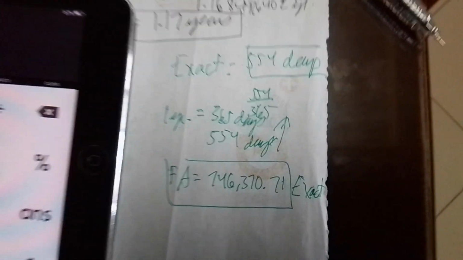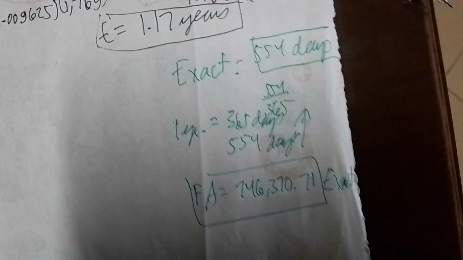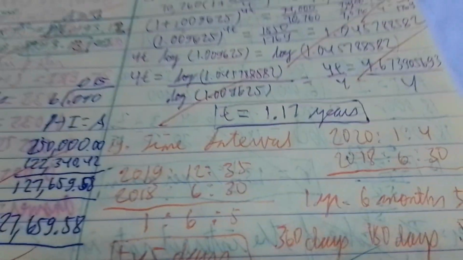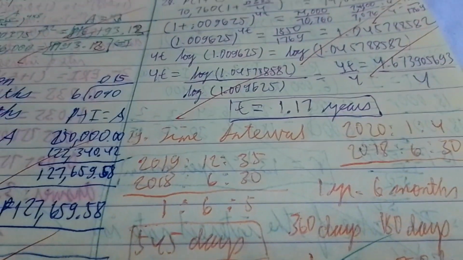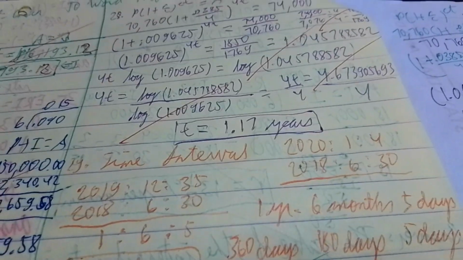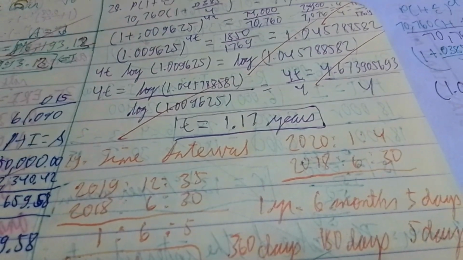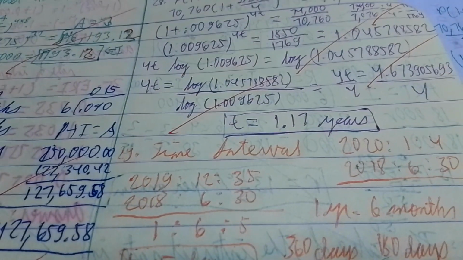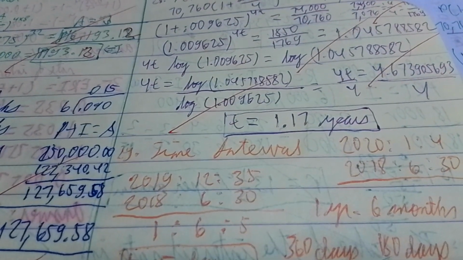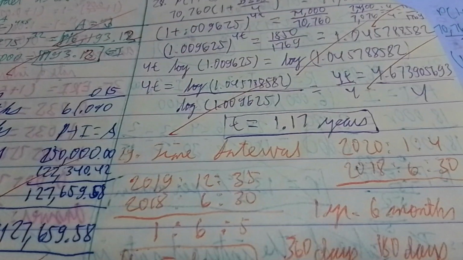But what I did was, I did it via ordinary interest. To see what I mean, this is what I did in the ordinary. So doing the ordinary interest, the first thing that I did was, I computed for the time interval. So I did it like this. So 2021 and 4, and then 4 minus 30 cannot be. So you have to borrow from December to make it 35. And then borrow 1 year. So 35 minus 30 equals 5. And then 12 minus 6 is 6. And 2020 minus 2018